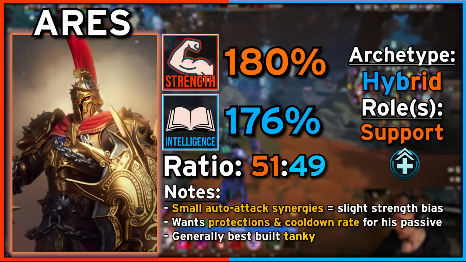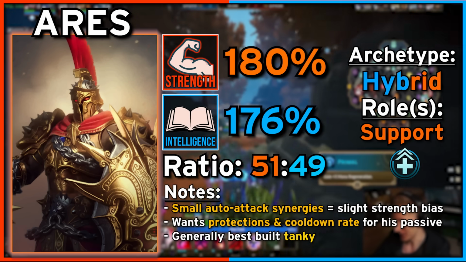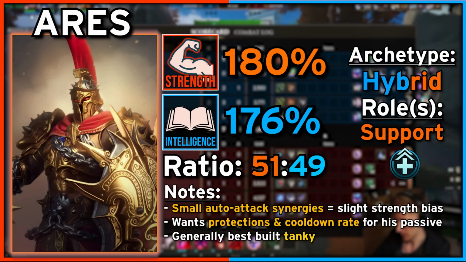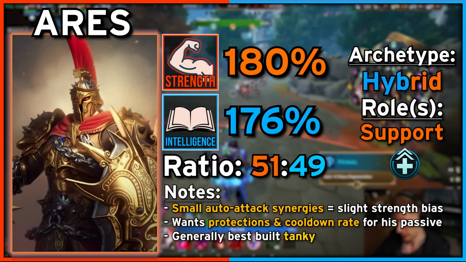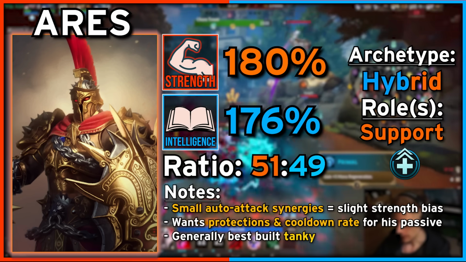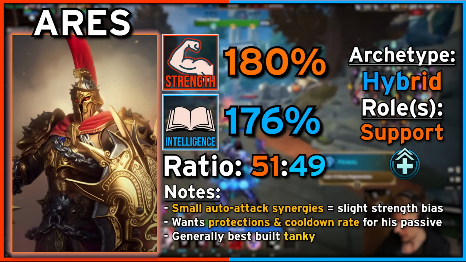As might have been evident from his passive, Ares is also a hybrid god in Smite 2 that can make use of both strength and intelligence for his scalings. As far as how much of each, an equal balance seems generally the way to go with Ares. His scalings are basically equal percentage-wise, which does lend him a little bit more to building int due to the previously mentioned availability, but he also has some basic attack synergy that strength benefits a lot more than int does,